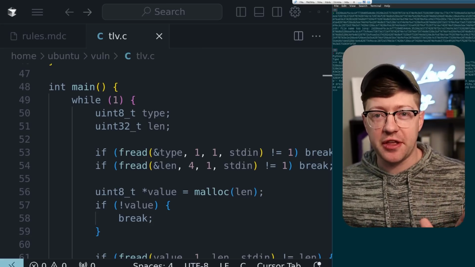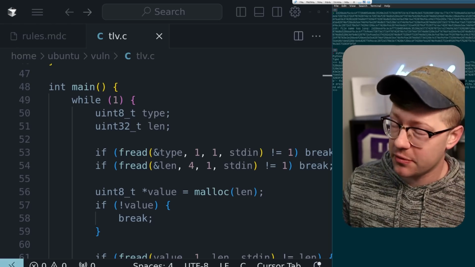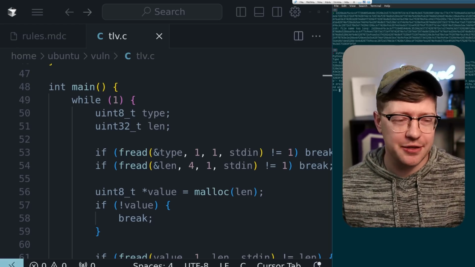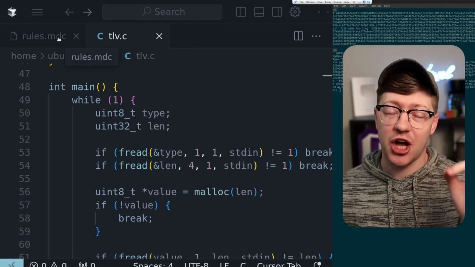Imagine with me for a second that we're coding in C together. We're working on this TLV server. We get a little lazy. We've been coding for a long time. I'm pretty tired of hand typing code. Ew, gross. So what we're gonna do instead is we're gonna use an AI agent to help us write the